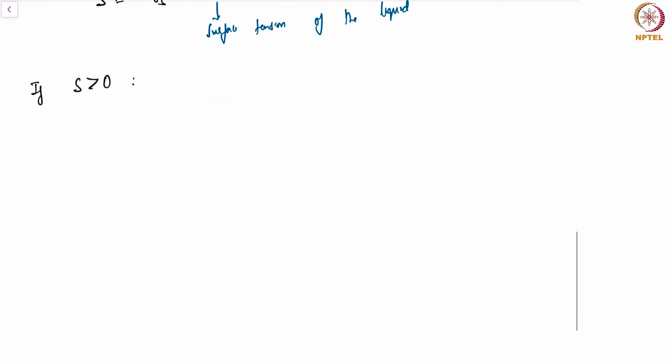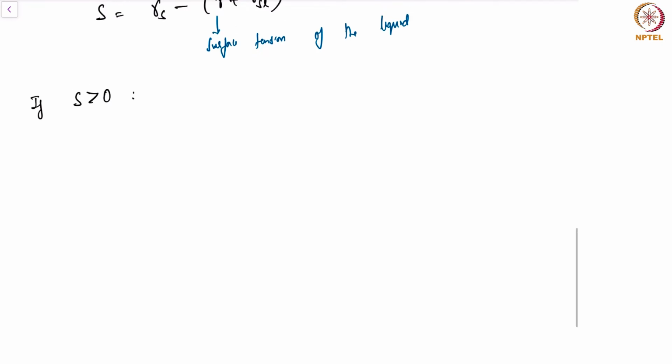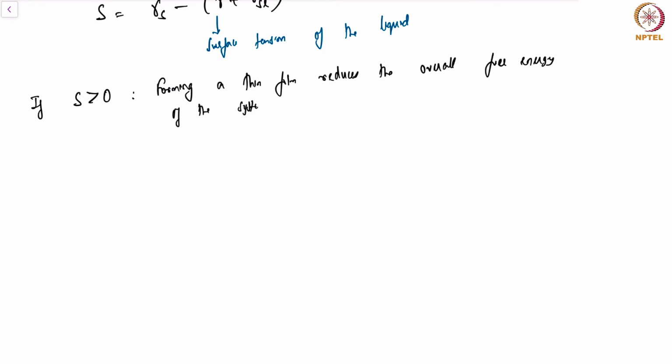So in other words, if this happens, then forming a thin film reduces the overall free energy of the system, and it means total wetting will occur. This is configuration number 1. Okay, complete or total wetting will occur. And